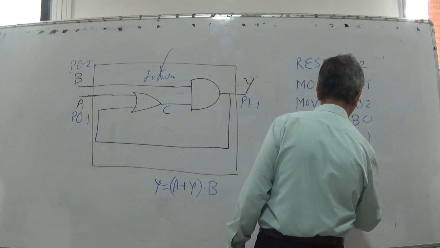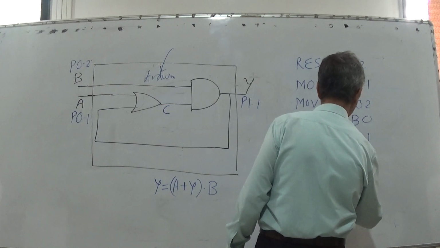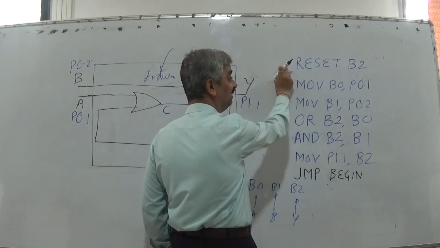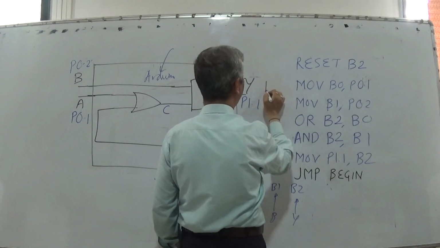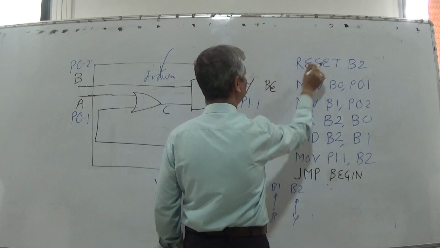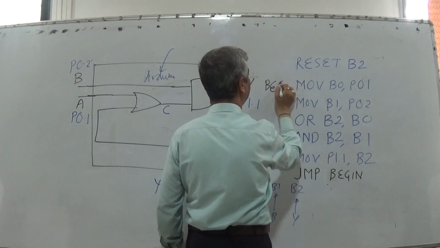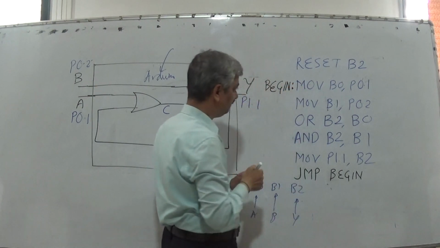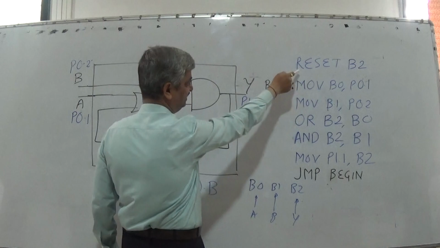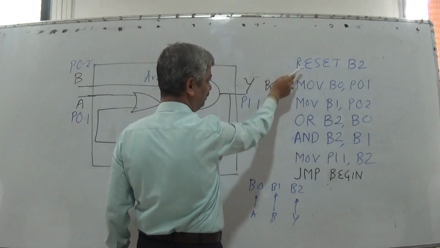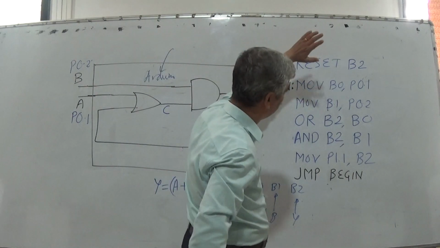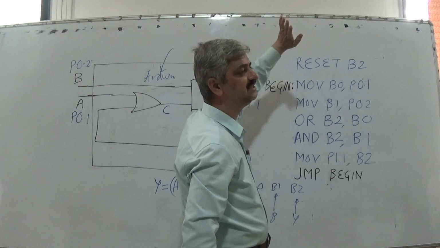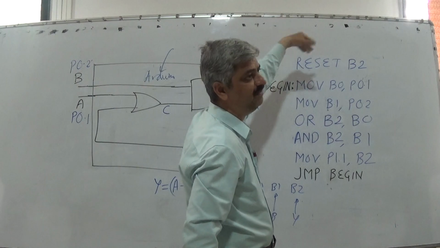Labels we give with some English meaning, and begin is not here. If you begin here, then it will lose the very purpose. Jump begin, because this is only to start and it is to loop again. So by this, I had initially made Y 0. Even if it is excluded, there will not be any difference. The only thing is that it is likely that the system may be on initially.